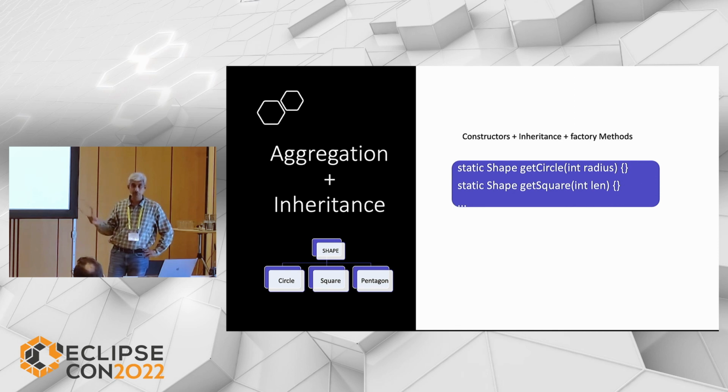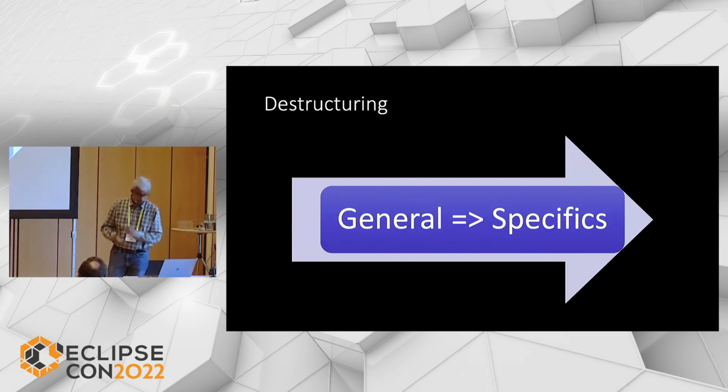I'm sure many of you must have used factory methods, but you have Shape and you have static constructors out there, which return getCircle, getSquare, etc. All return shapes. So I don't know whether it's returning a square inside getCircle or getSquare, but what I know is it's returning a shape. Again, we have a problem that we don't know at some other point in time what exactly it is. How do we convert general to specifics? Is it impossible? It's not impossible.